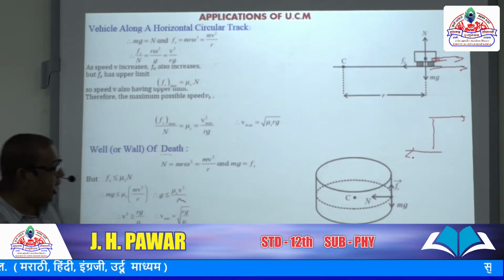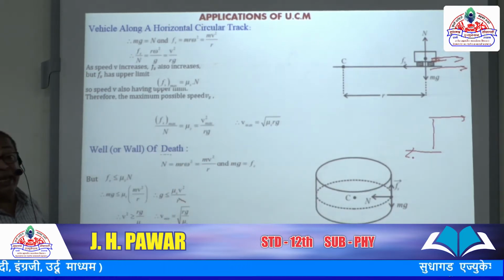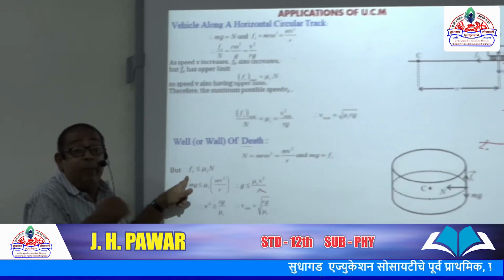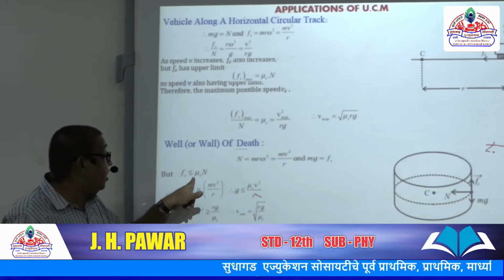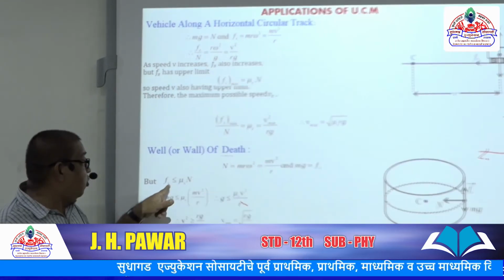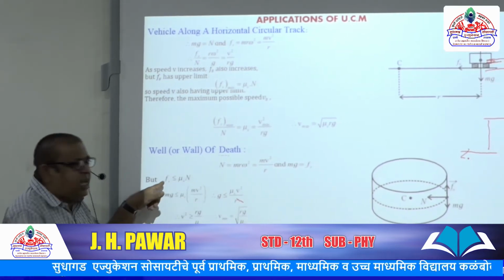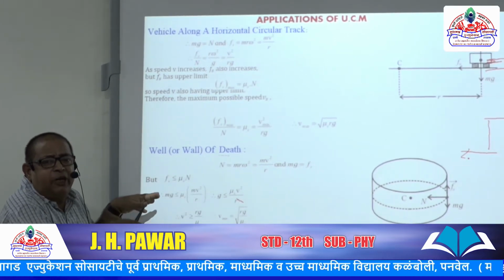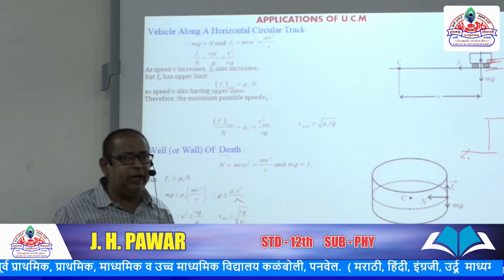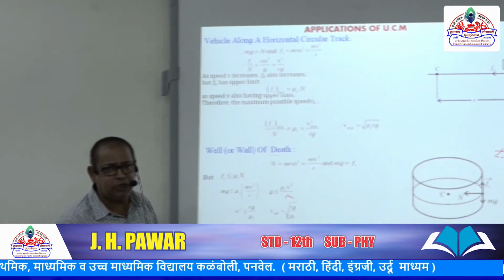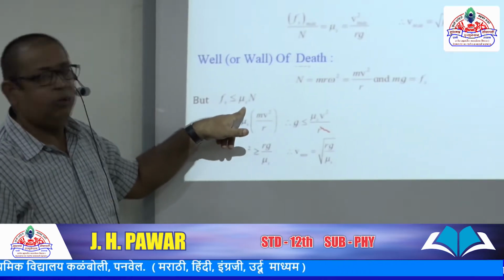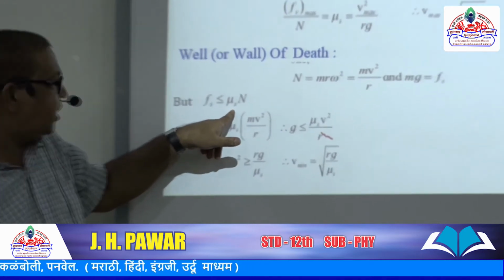But we know that in this case, force of friction is always less than the limiting force of friction, meaning here μs times N. The notable thing is that force of friction is always less than or equal to it. We know, as discussed in the last article, that it is not possible to increase the force of friction beyond the limit. So force of friction is always less than or equal to the limiting force of friction, μs N.